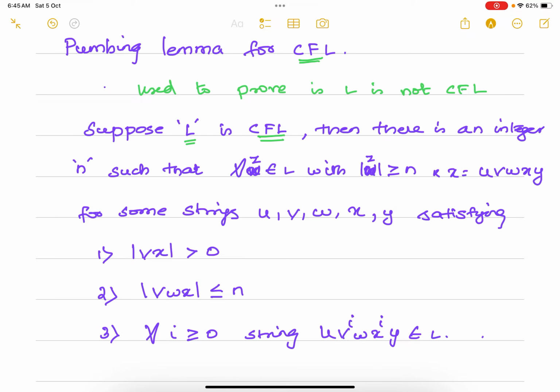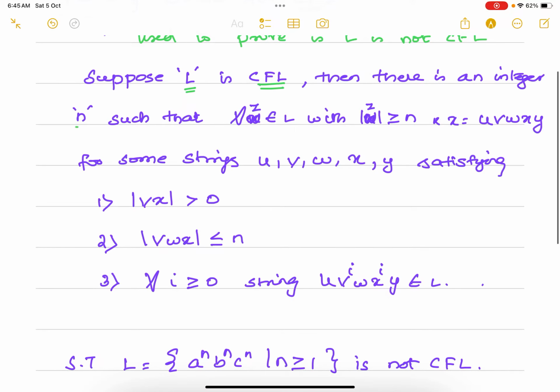Suppose you are considering L as a context-free language, then there is some integer n. For all strings Z belonging to L with the length of Z greater than or equal to n, you are going to divide this Z into U, V, W, X, Y for some strings U, V, W, X, Y, satisfying the condition that the length of VX should be strictly greater than 0, that is, V cannot be epsilon, and X also cannot be epsilon. There should be some symbols in V and X, and the length of VWX is less than or equal to n. For all i greater than or equal to 0,